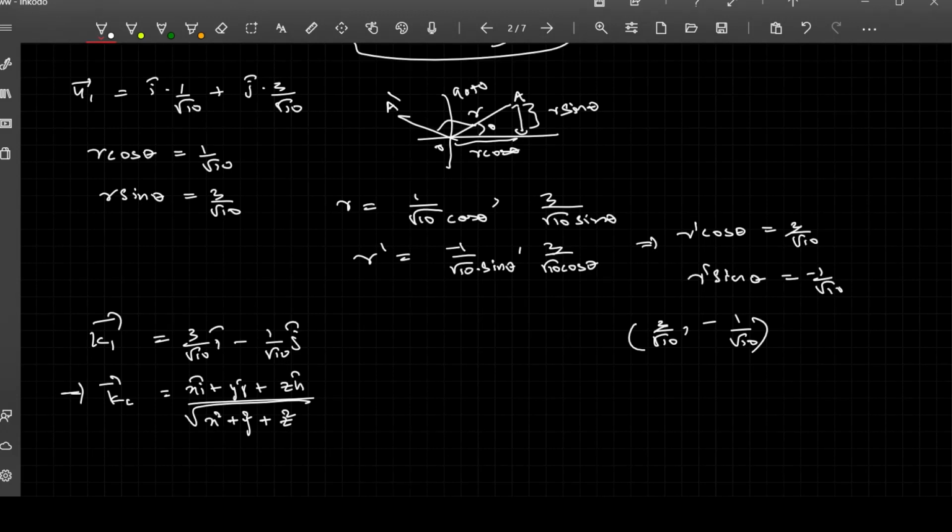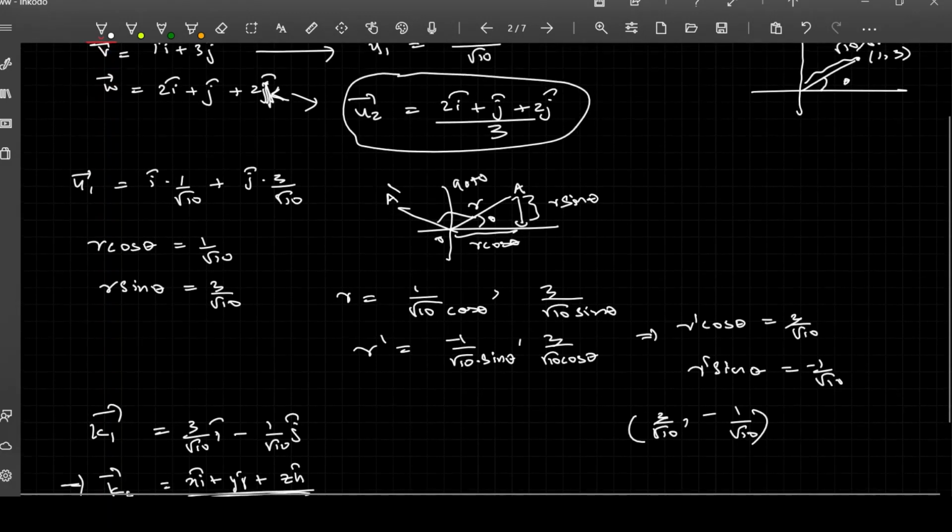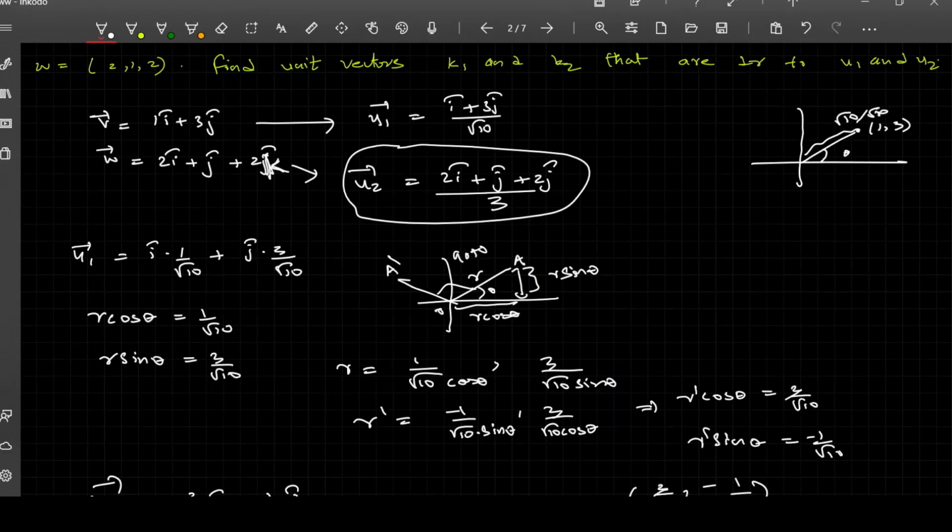So this vector must be perpendicular to that. How do we approach this? Let us first understand how this vector actually looks. If this is a Cartesian plane that we are taking, this is the x-axis, this is the y-axis, and this is the z-axis. And the vector given is 2i cap plus j cap plus 2k cap. So let us represent this as the required point 2 comma 1 comma 2. Fine. 2 comma 1 comma 2.